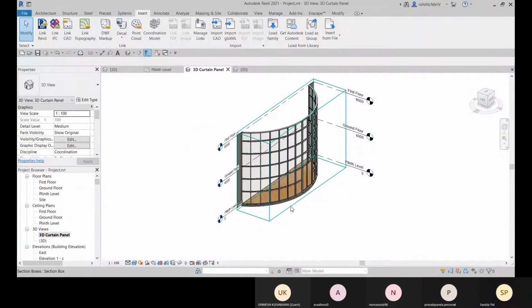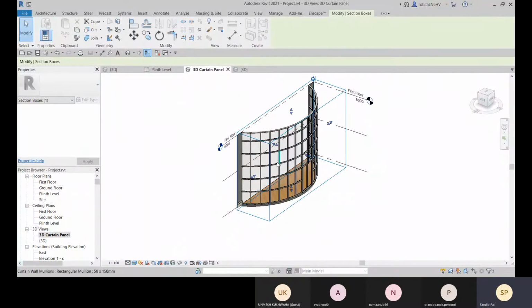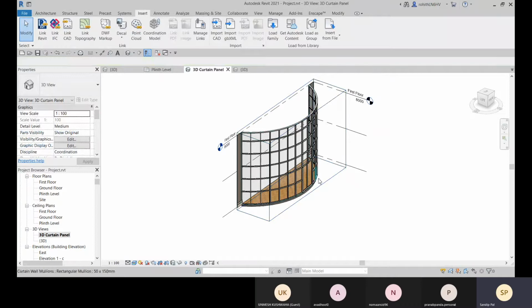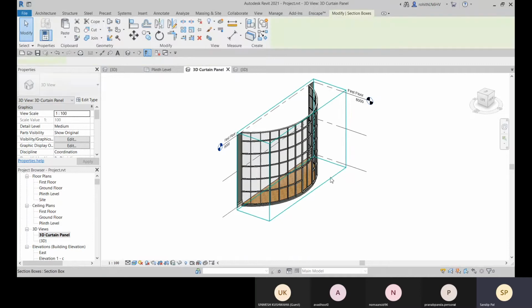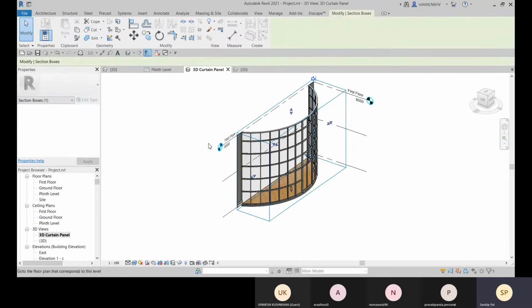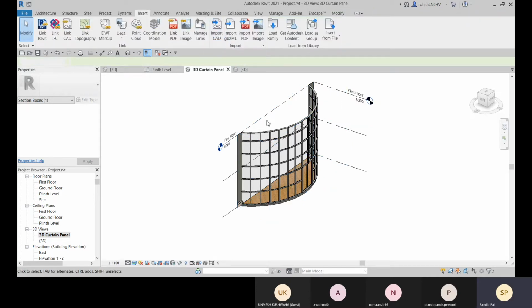Now, if you add this in a sheet, this section box will come. So for that, you go to the hide in view option and hide this element, and it is hidden within this view.